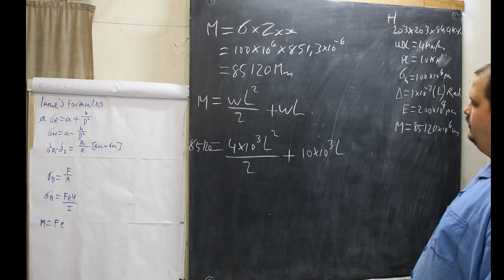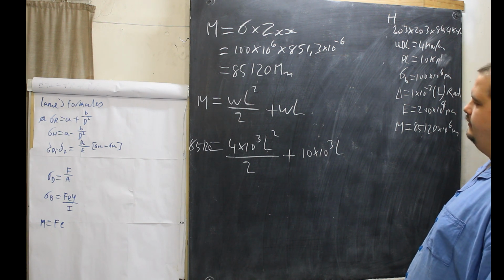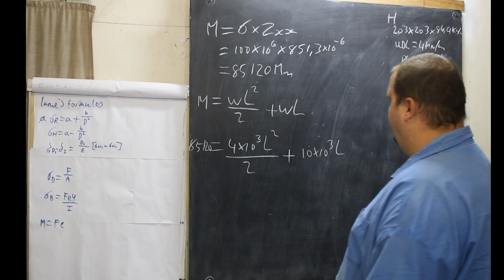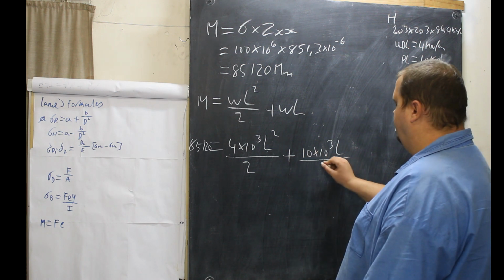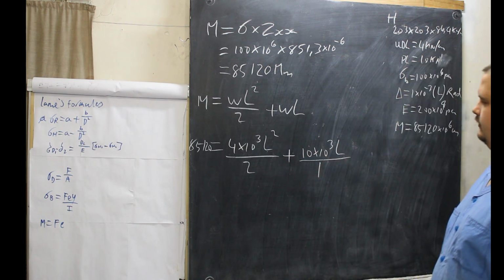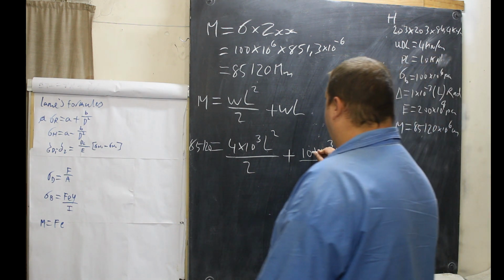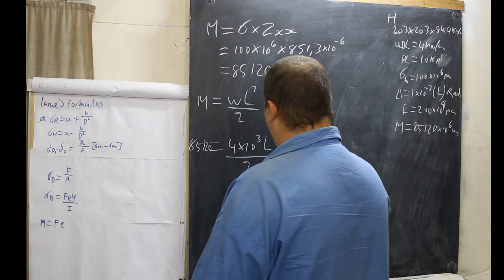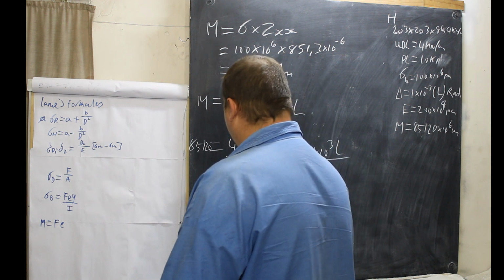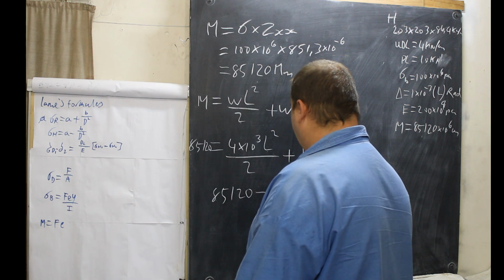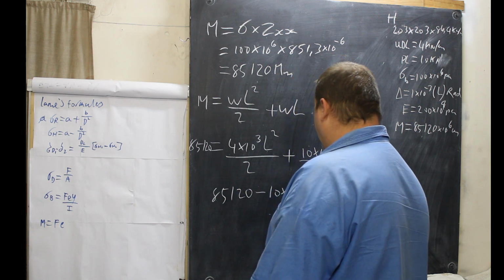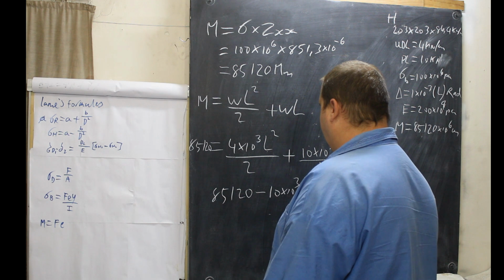Okay, so what we're going to do now is say this is over 1. So what we can do is say 85,120 minus 10 times 10 to the 3 L